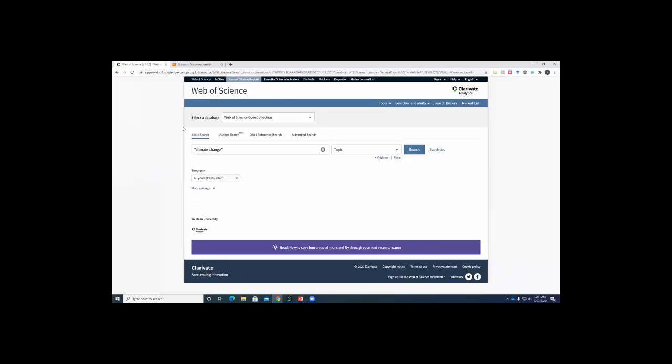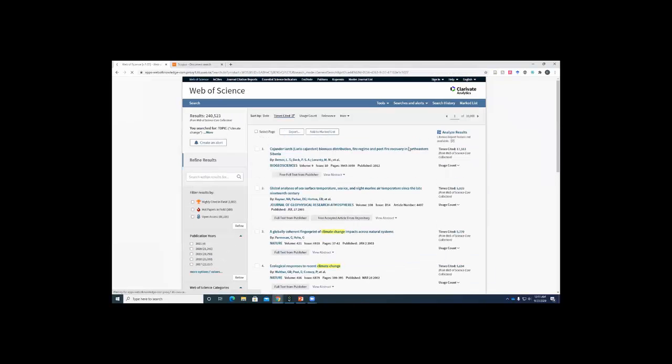We'll start with Web of Science, and we'll just do a basic search for climate change. Okay, so a ton of articles. What we're going to do is up here, we'll do sort. Oh, it's already sorted for us. So sorted by times cited. So you'll see the first few results have several thousands of citations. So we consider these articles to be